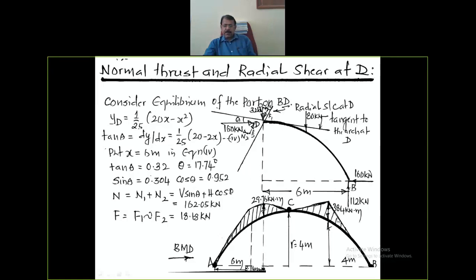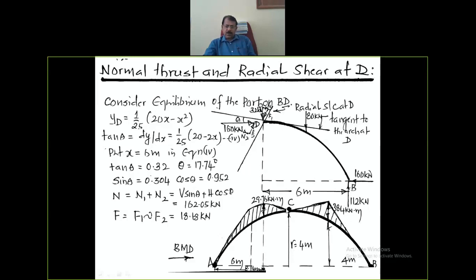Then mark the magnitude of the bending moment between the points B and C. That magnitude is 38.4 kilonewton meter, at a distance of 4 meter from the point B. So here the bending moment diagram is made up of straight lines. We have to join this point C to the position of the maximum bending moment with a straight line because of the point load. Similarly, from this point to the point B, we have to join those two points by a straight line. The nature of the variation of the bending moment diagram for a point load is always linear.